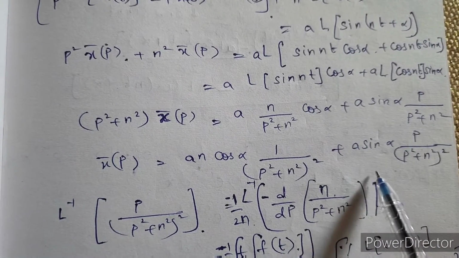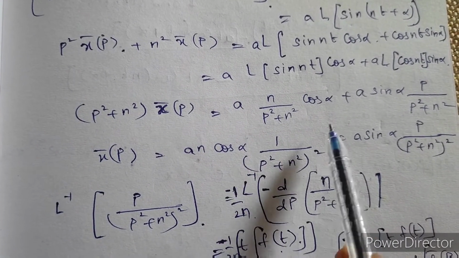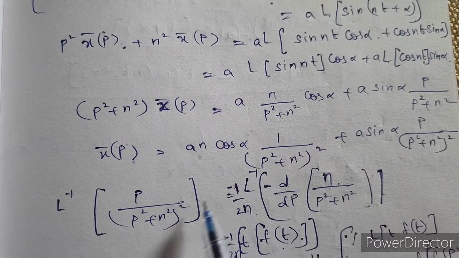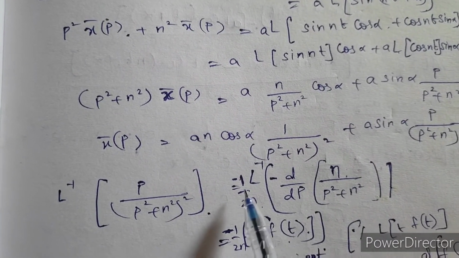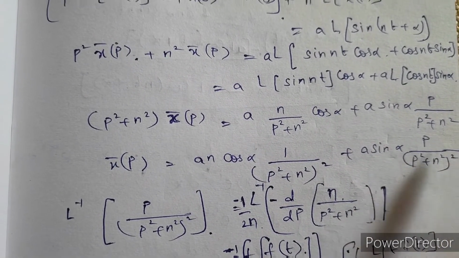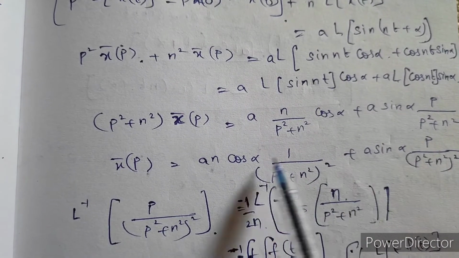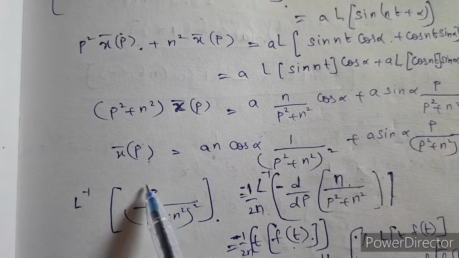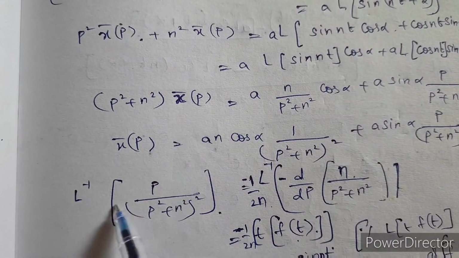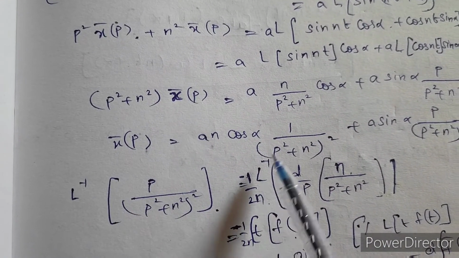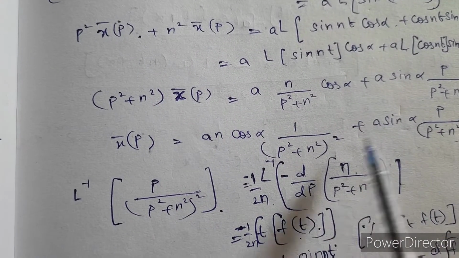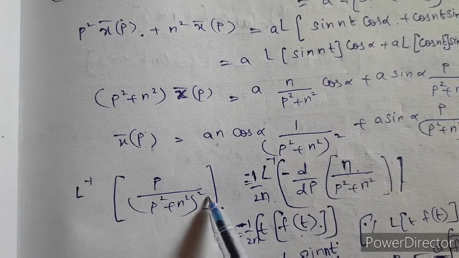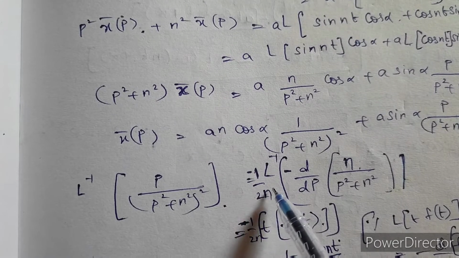Now as you can see this and this, we want to take the inverse Laplace transform. We want the inverse of this, because this will be constant, this will be constant. We only want the inverse of this and this in order to get the value of x(t). So the inverse Laplace transform of this, we will take first, p divided by (p² + n²)², which is equal to